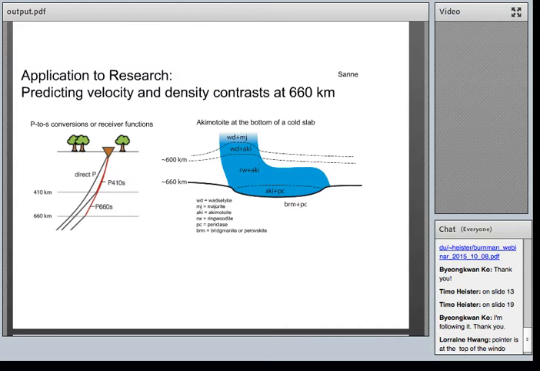One of the questions I asked is if I could see a certain feature that is predicted within cold slabs, which is shown in the cartoon on the right. Outside of the slabs you have a regular 660 where ringwoodite falls apart into periclase and perovskite. Within the slab, you have a kind of double transition where ringwoodite first turns into akimotoite and periclase,